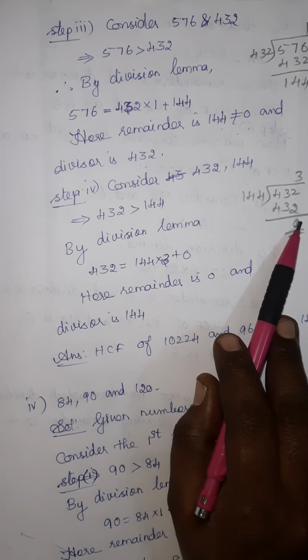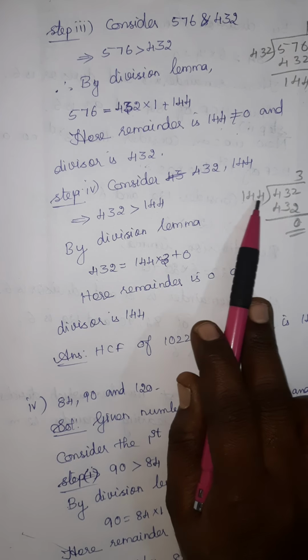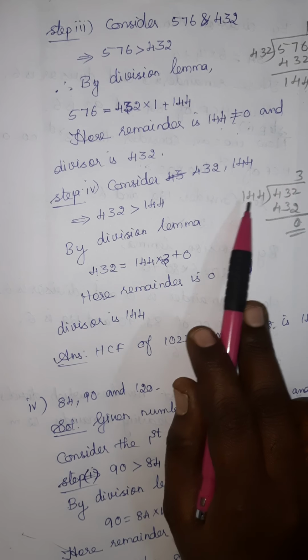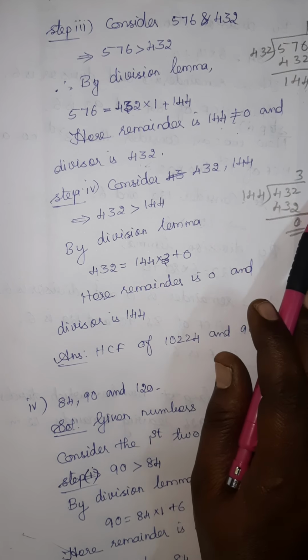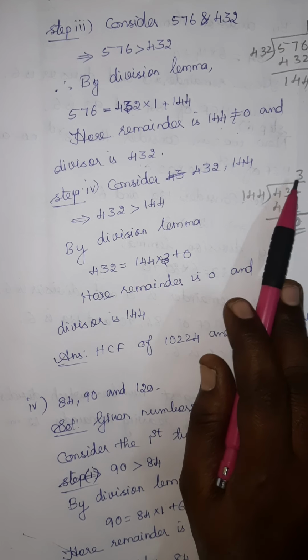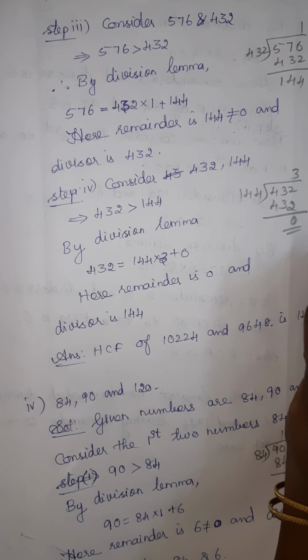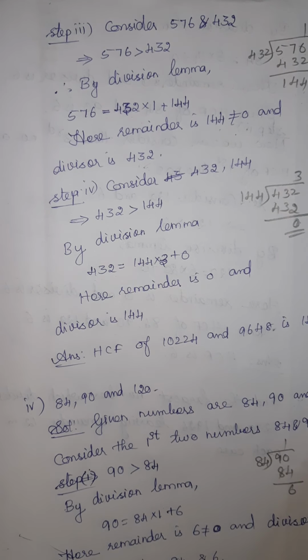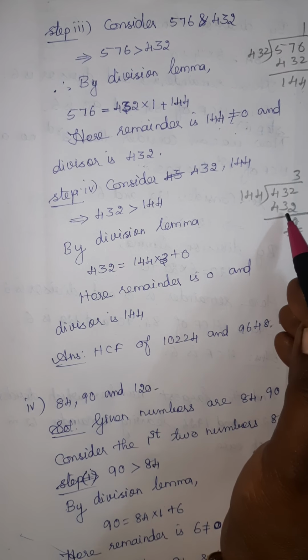So divide and find out. Okay, 100, it is, if you put 3, you will get more than 300. So you can check if it is correct by multiplication here, 144 into 3, like this way you can check if you have any doubt. So you check what value you get, and you write.